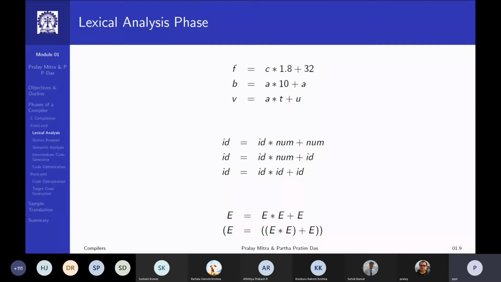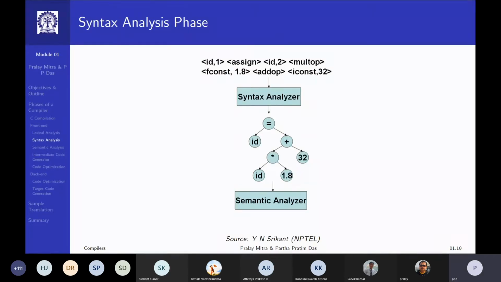Which means, again, that between these two operators, times or multiplication has a higher precedence. So you can parenthesize and show that. So this is the value of the lexical analysis phase. Let us move on to the next phase. So this is the output of the token stream. I will lexically analyze it, and I'm going back one slide, slide 9. Now I have got the stream.